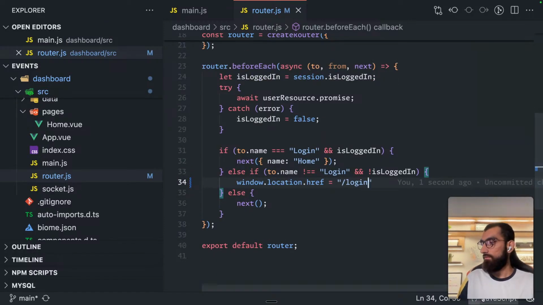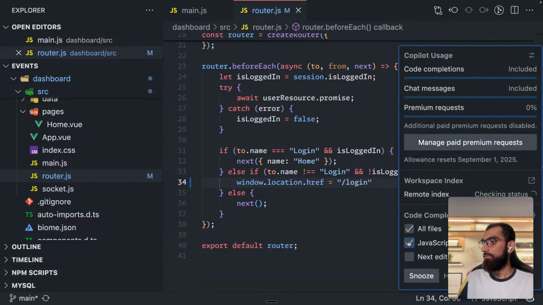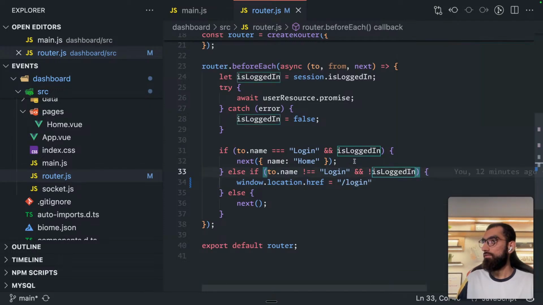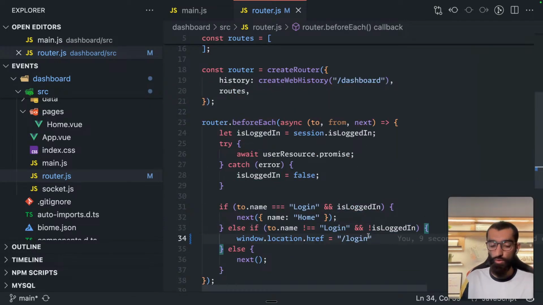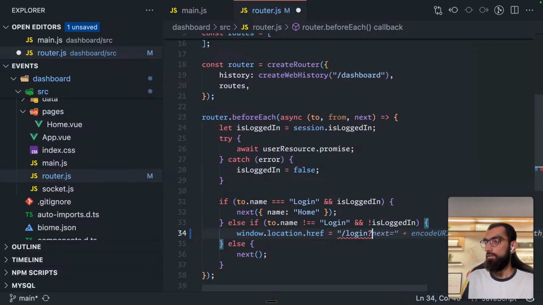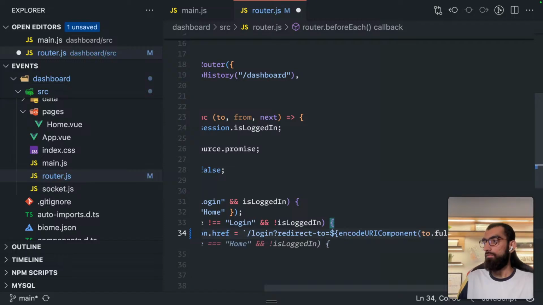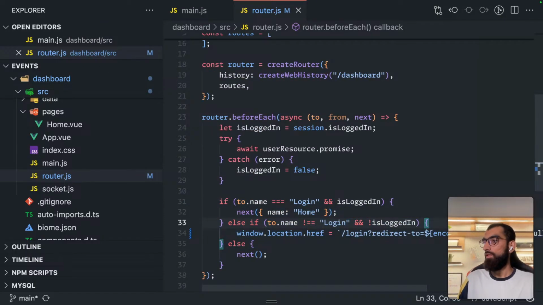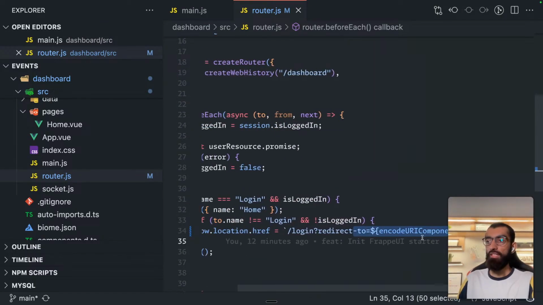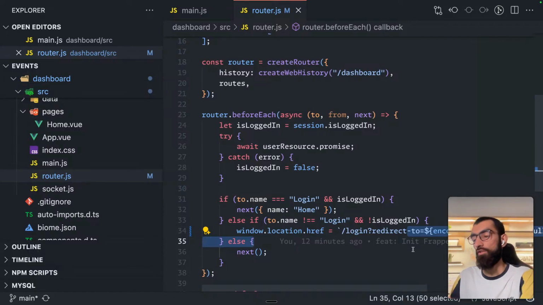Then you can turn on this question mark redirect-to equal to. Cool. This should work. So I'm making sure that it goes to the default login page of Frappe